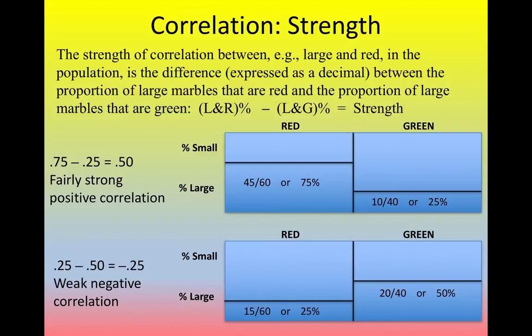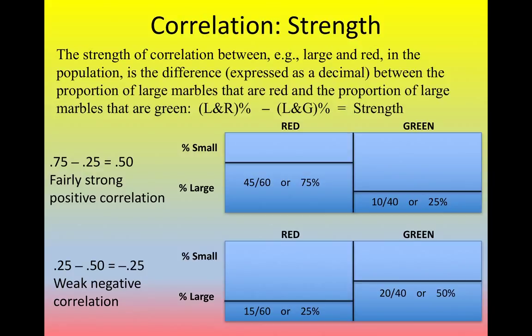For instance, in the first distribution, this rectangle here, we determine the correlation of large and red by subtracting the proportion of large red marbles from the proportion of large green marbles. In this case, that's 0.75, 75% minus 25%. This gives us a positive value of 50%, or 0.5, which is the measure of correlation between large and red